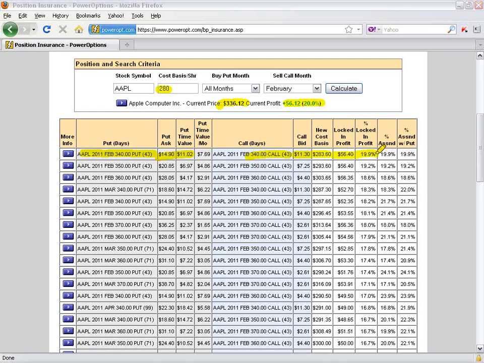So I have a 19.9% return, a guaranteed return of 19.9% or locked-in profit on the put side, and a guaranteed percent return if assigned of 19.9%. Well, how does that happen? Well, that's the rule of the conversion. You see, we're using the same strike in the same month. We're going to buy a February 340 put that's at the money and sell the February 340 call, which means